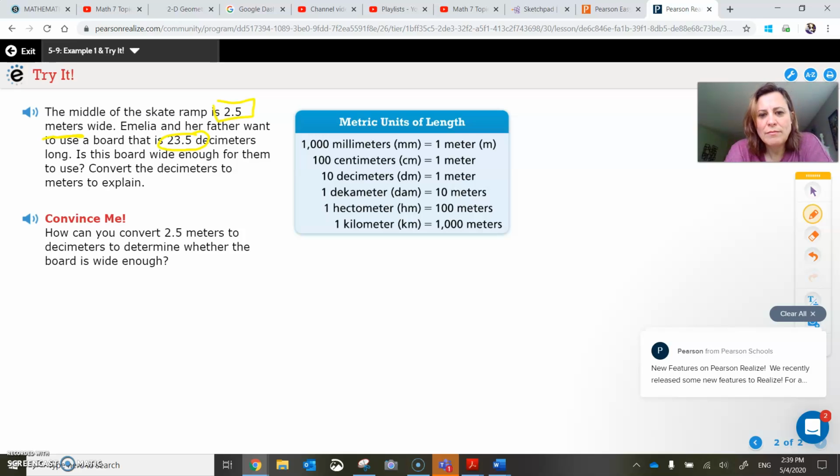So we're going to find the metric conversion here that has the decimeters and the meters. Let's see if we can find it. There it is. There are 10 decimeters in a meter, which makes sense because a meter is about 40 inches, and a decimeter would be taking that about 40 inches and splitting it into 10 parts. So that's where that 4 inches is coming from. Okay, so here we go. So we know that what we have is